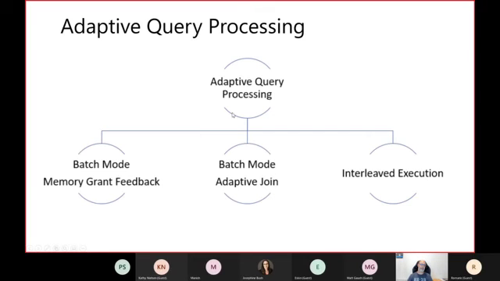There are also other cases, like, for example, memory grant feedback, but also this concept of adaptive join. This is really nice because when you have a query that involves multiple tables and it's doing a join, it's going to come up with the execution plan, and within the execution plan, it will decide a type of join, right?